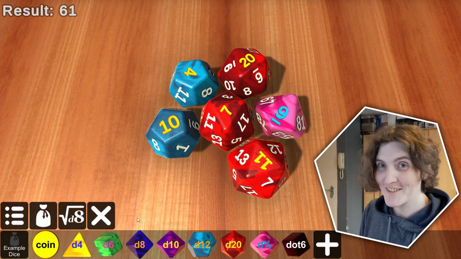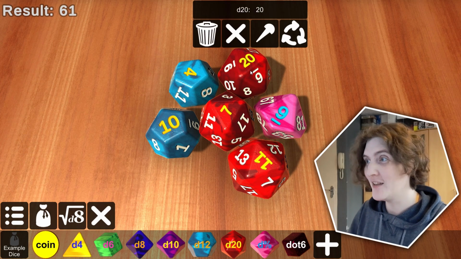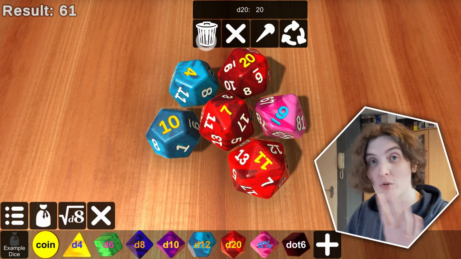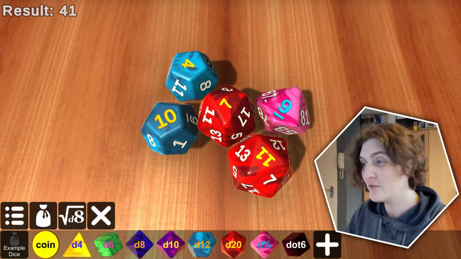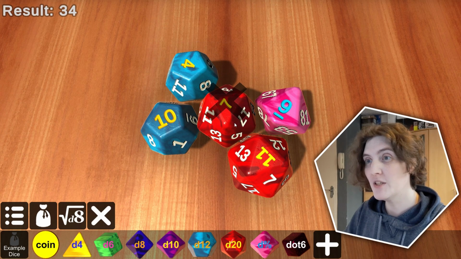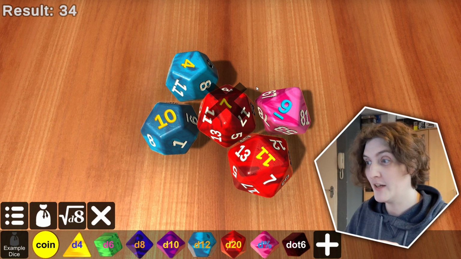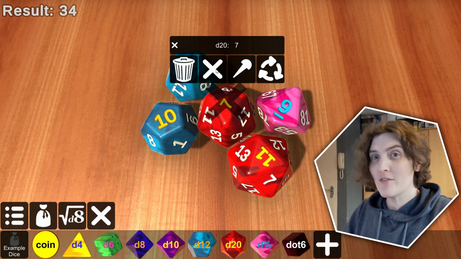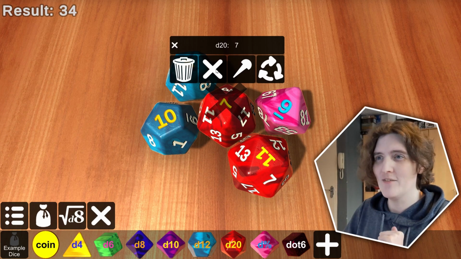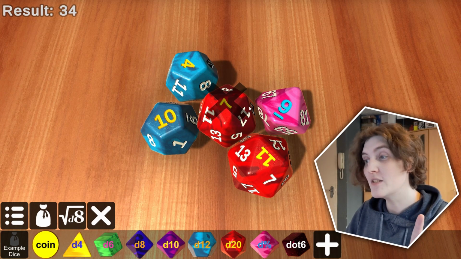Okay, for more advanced control of the dice, you can click a die without holding it down and it will bring up the control menu. You can press the trash can to remove this dice completely from the pool of dice that you've thrown out. The little cross will disregard it, so it's not counted in the result in the top left now. So if I undisregard it, or re-regard it, if I regard this dice, it will add 7 to the total result there. So if there's results that you don't want included,